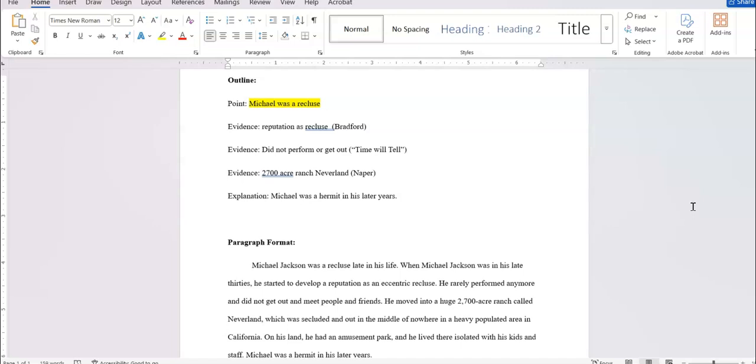main points that you're going to make. So 2 or 3 characteristics, and that's fine. Some people will work with only one. In fact, this one is on Michael Jackson. If I were doing Michael Jackson, I would probably prove that he was a successful artist or a songwriter because he started performing at the age of 3 or 4, I believe. And he went through performances throughout his entire life. So you could probably get 2 to 3 pages on that.